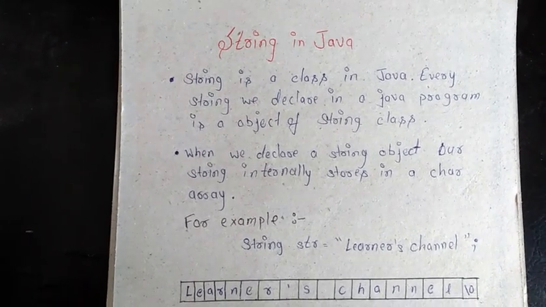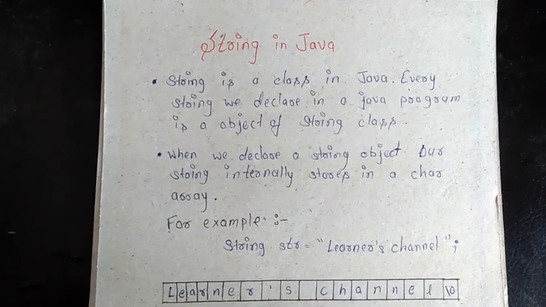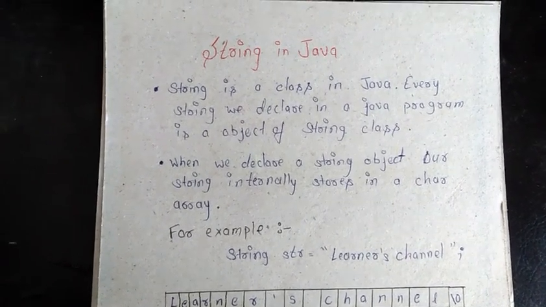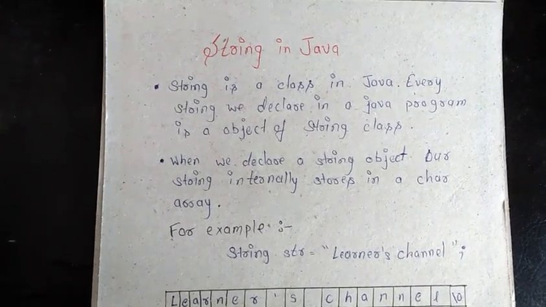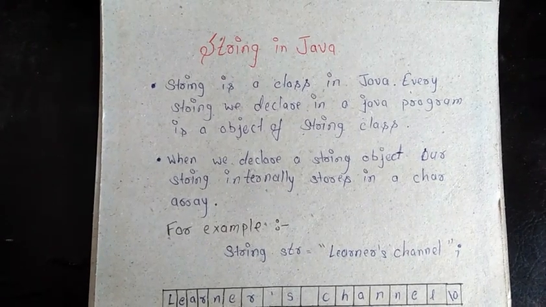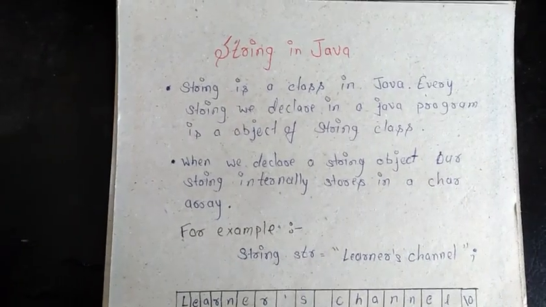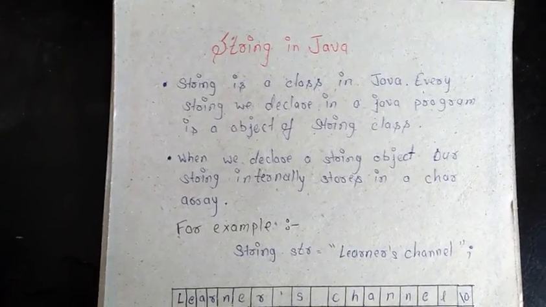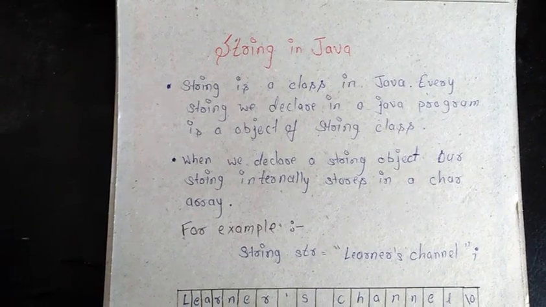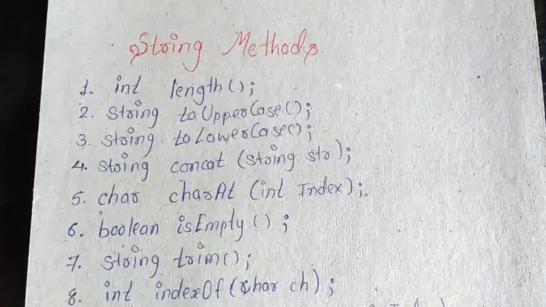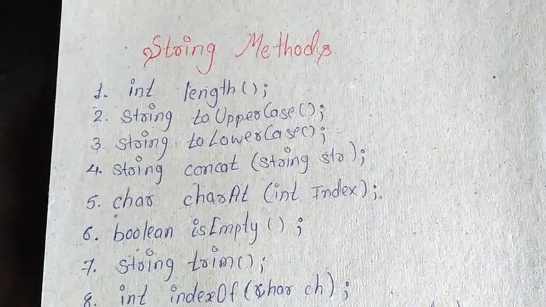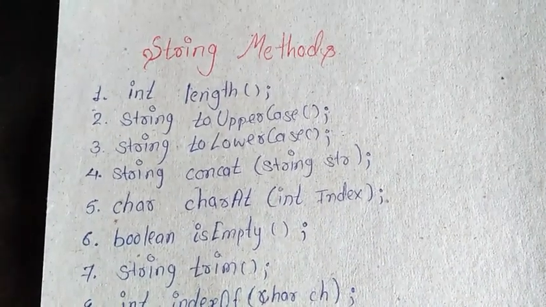कल के वीडियो का एक क्विक ओवरव्यू देख लेते हैं। कल हमने पढ़ा था स्ट्रिंग जावा में एक बिल्ट इन क्लास होती है। कोई भी स्ट्रिंग वेरिएबल जब हम डिक्लेयर करते हैं तो वो उस क्लास का ऑब्जेक्ट होता है। और इंटरनली जो स्ट्रिंग होती है वो एक कैरेक्टर ऐरे में स्टोर होती है। उसके बाद हमने स्ट्रिंग की कुछ मेथड्स पढ़ी थी।